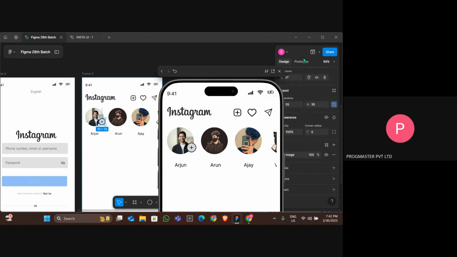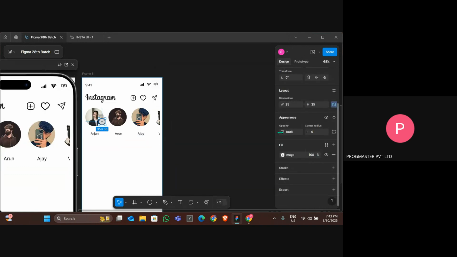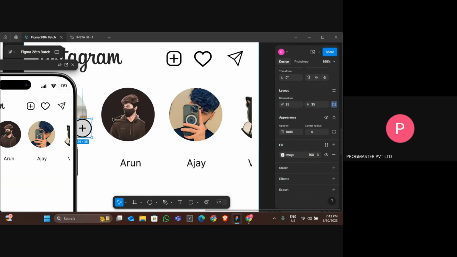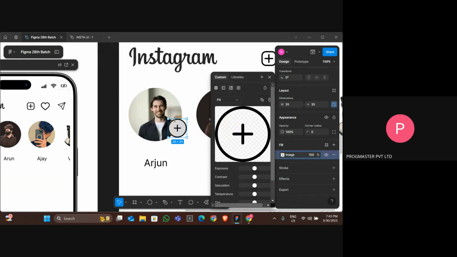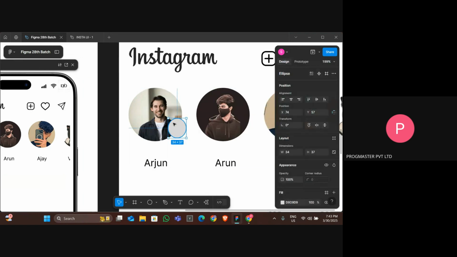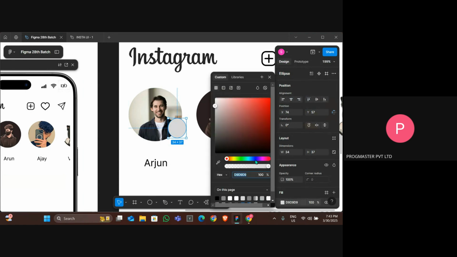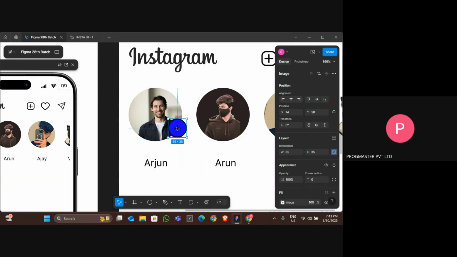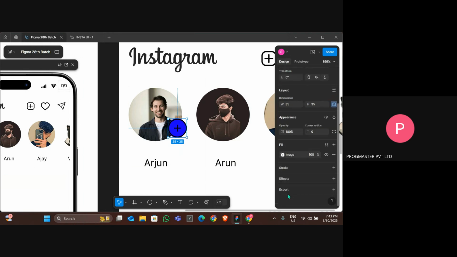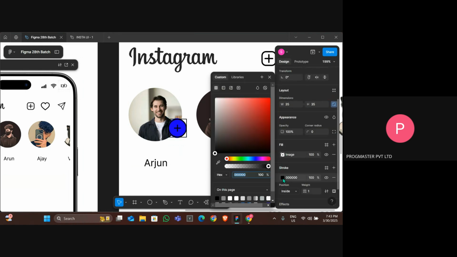So where is it? Not here, not this one. Double tap it. So you will get this. Yes. So what we can do is set this to blue color. Now paste here, but it should be in a white color, isn't it? So how can we change that stroke? The stroke is different. The image should not be, we can't change the image color. So instead of that, what we can do is,